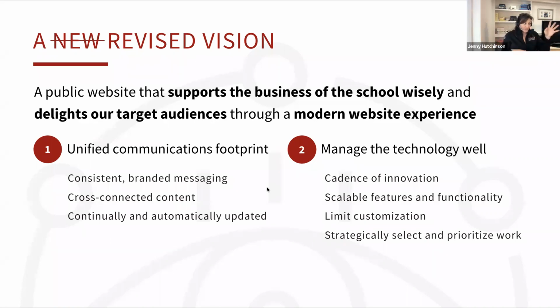Well, one of the things we did is we looked at what we think the site should do and how it should behave. One is it needs to support the school wisely. It needs to support the business wisely. And I'll talk a little bit more about that in a few slides. It also needs to delight our target audiences. It needs to be engaging and compelling for them. And we can only do that if we have a modern website experience, if we are a leader and not a catch-up-er. So what we thought was really important to get to that place is, one,